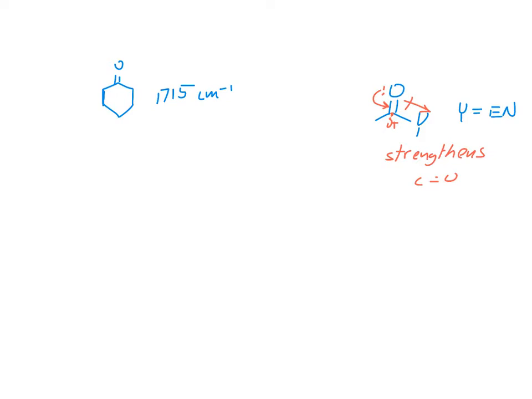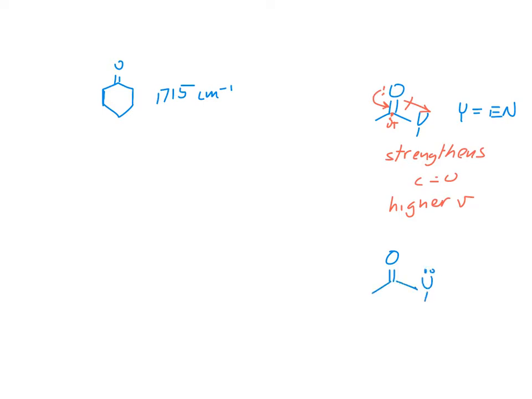Lower. It's going to require less energy. Well, if it strengthens it, we're increasing the energy. F value, exactly right. So this should be at a higher, yeah, wave numbers or whatever. Okay, the other thing that can happen is if this Y group is more electronegative, it's likely to also